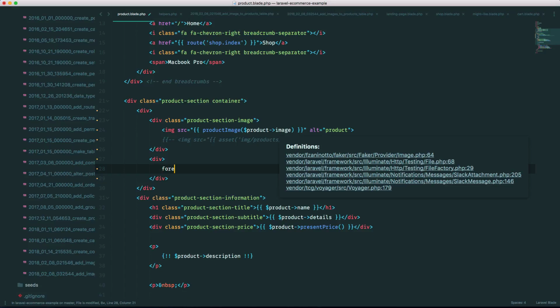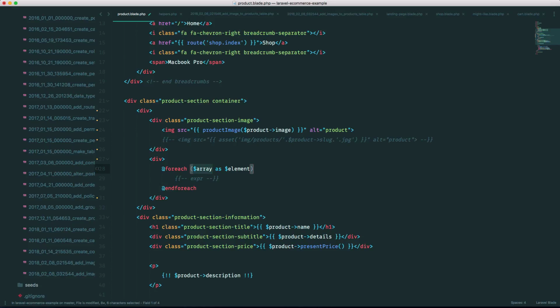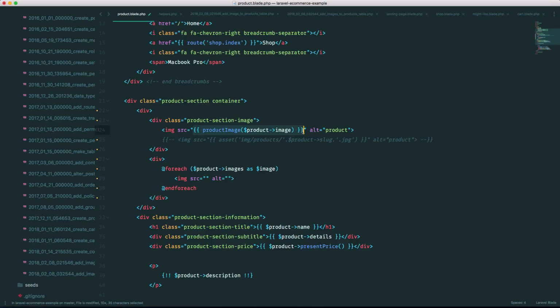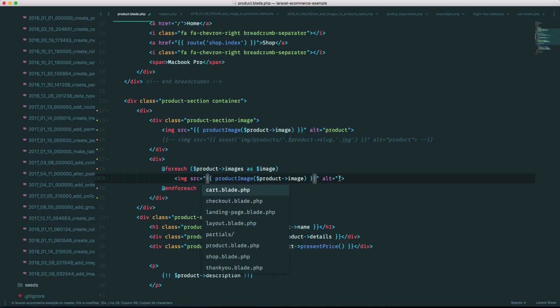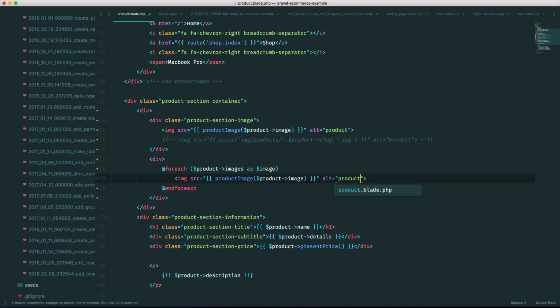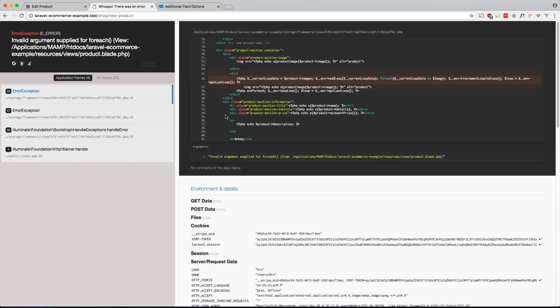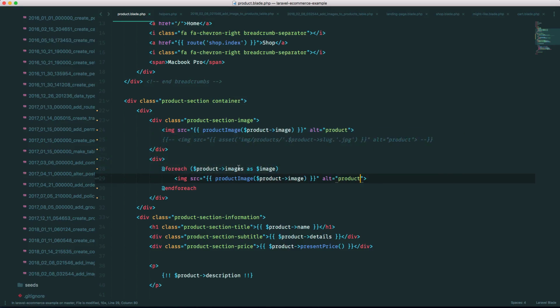Okay, so I want to put it here. So what do I want to do? I'll do a foreach, product images as image. And I just want to display an image. So the source is just this over here, and I'll name it product for the alt. And this is not going to work, and I'll show you why. If you look at the error, it says invalid argument supplied for foreach. That is because